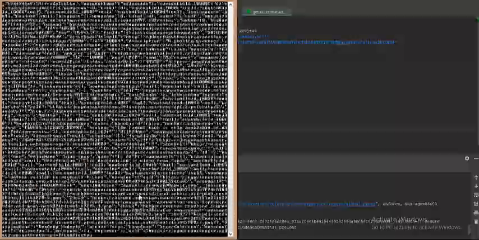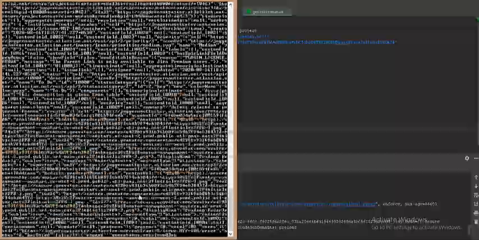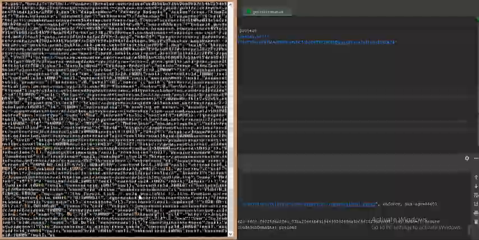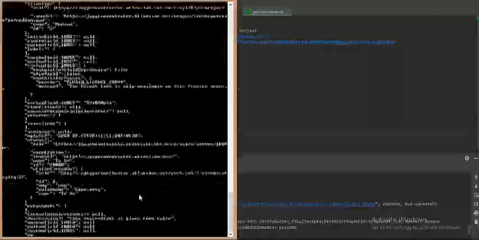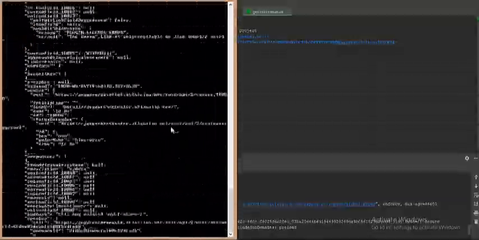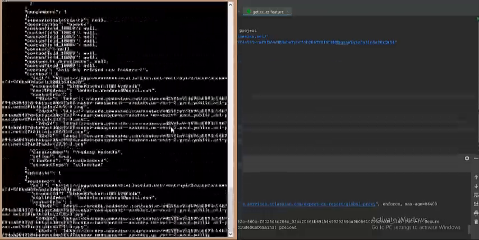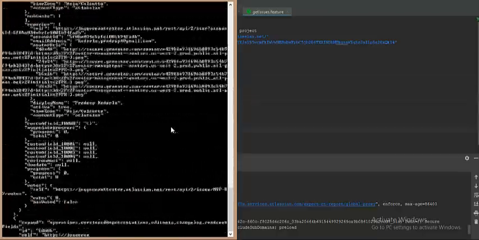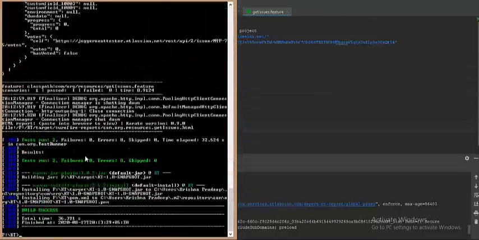It is printing the response because, sorry guys, we have a lot of defects present in that particular project, so I think it is busy printing all of them. Let us wait until this gets completed. I would have taken some other test case than this, but I did not have a trial run before this. So yes, you can see the two test cases got successfully run, and we do not have any failures as such.